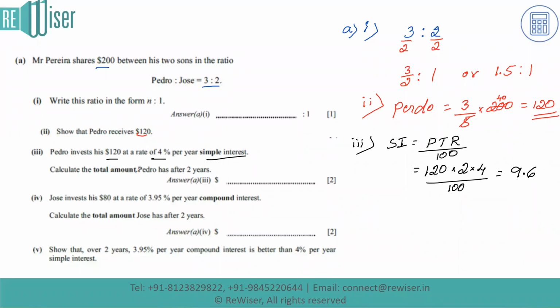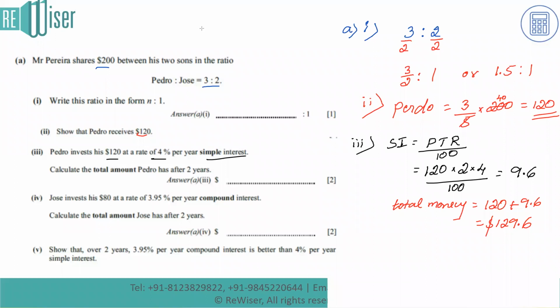So if I talk about the total amount Pedro will have after 2 years, the total money that he will be having is $120, that's his investment, plus this 9.6. So that gives us, he will be having after 2 years, $129.6. And this is the right answer for part 3. And next, if I talk about part 4. So in part 4,